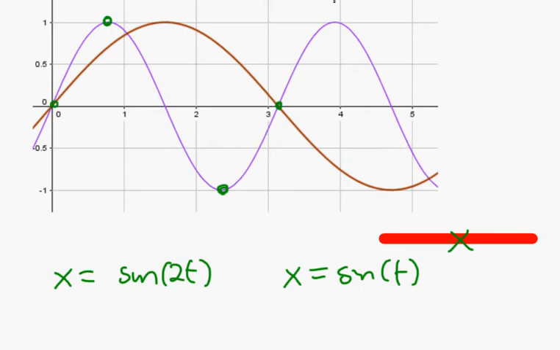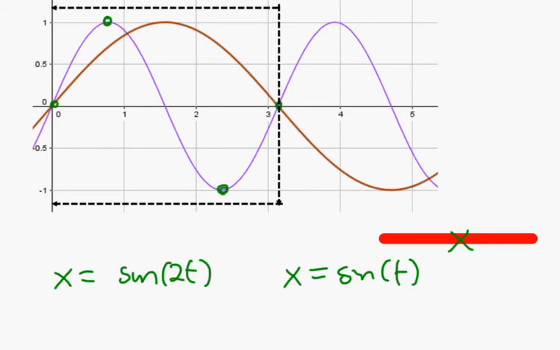Now, can we take this box of information here? Everybody see where I'm confining the box to? I'm confining it from 0 to 3.1. I'm confining it to the periodic time. Or sorry, I'm confining it to just